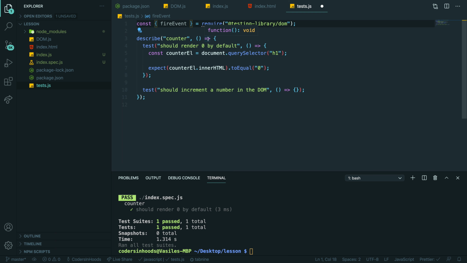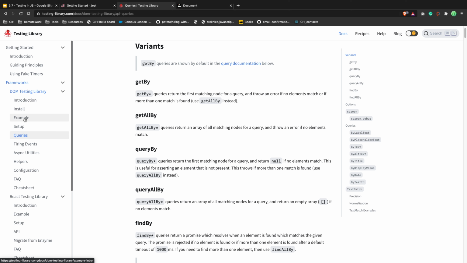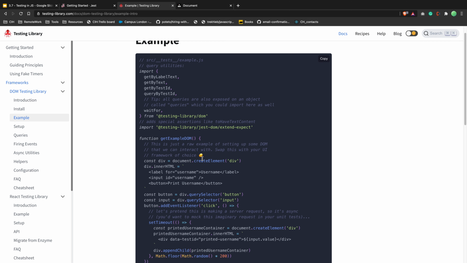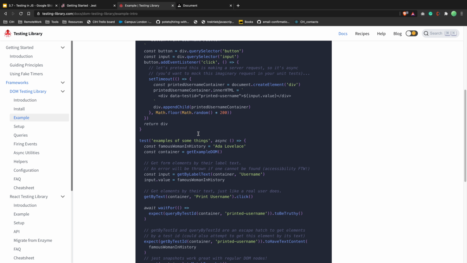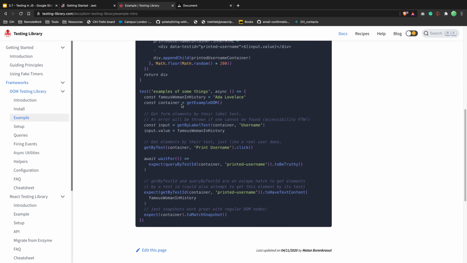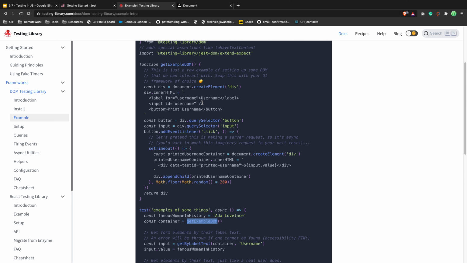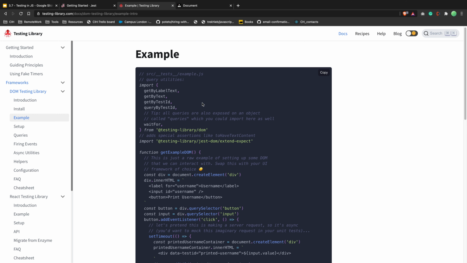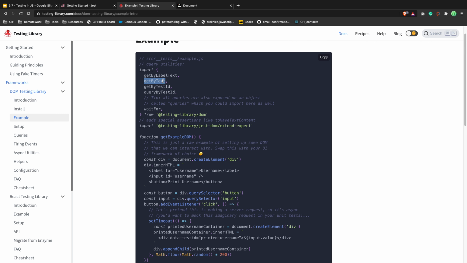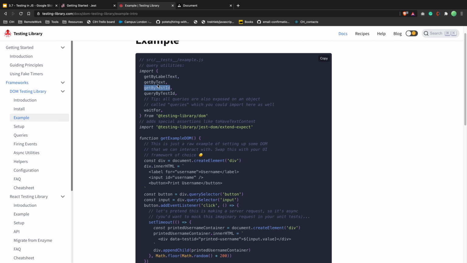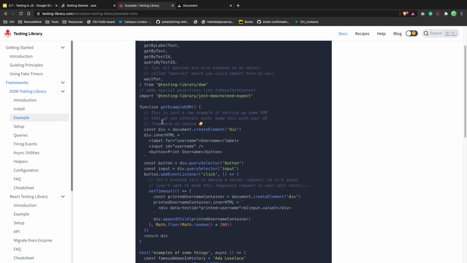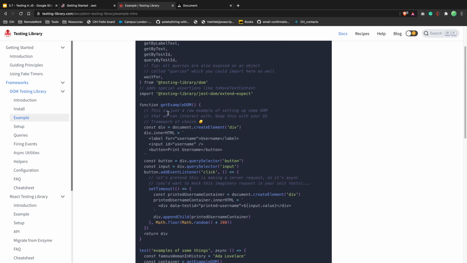I'm just thinking. So let me see examples. I have examples. Where is the test? Get example DOM. Wait a second. So yeah, they're doing get element by test ID, query by test ID, and you can use, actually, yeah, let's do that with test ID. Yeah, let's do that.